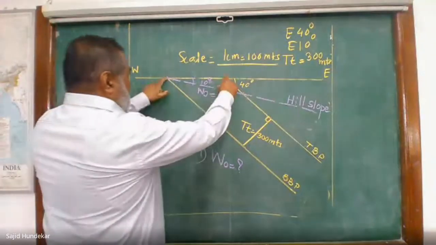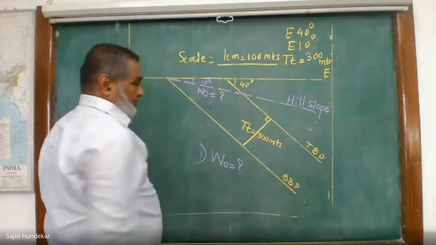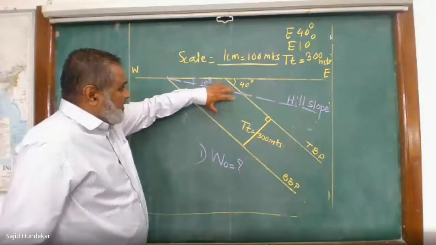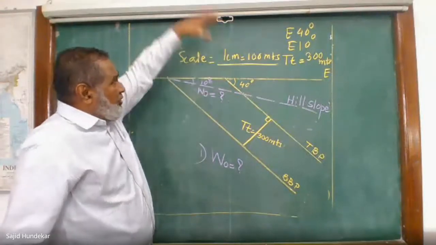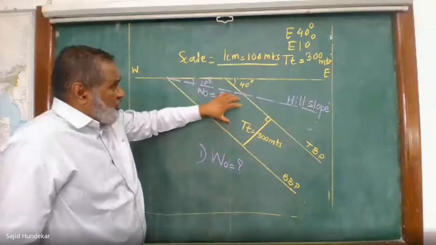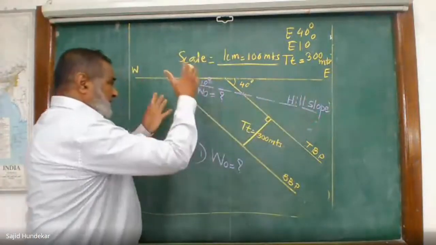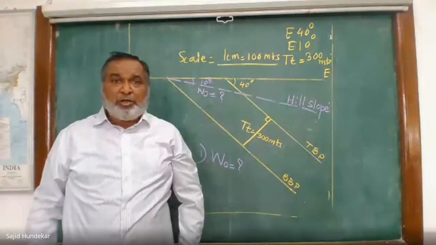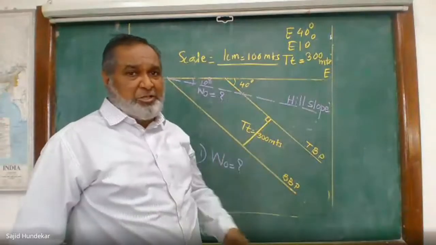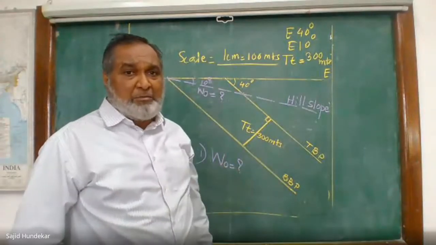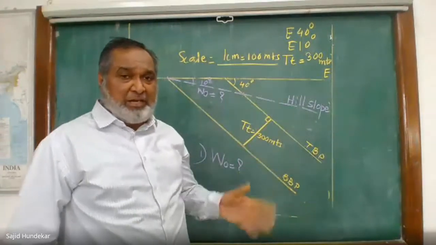So the width of outcrop will be here on the horizontal surface, and this is the width of outcrop on the given slope. The problem should be exactly in the center of the page. It should not be too far on the top or too far on the bottom. It should be in the center, and it should not go towards the right hand side or left hand side. It is perfectly in the center. So it looks nice and the examiner will be impressed with the presentation. The presentation also carries marks. Psychologically, the examiner is impressed. Your systematic approach is there.